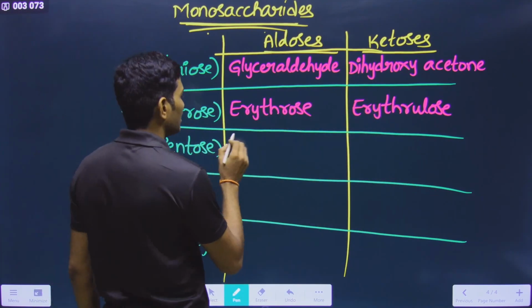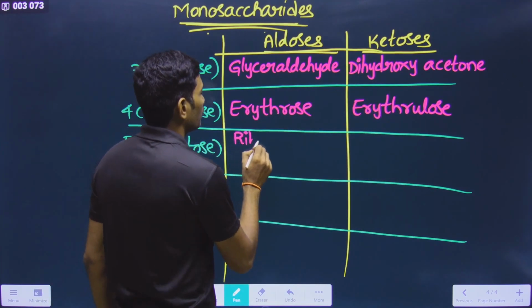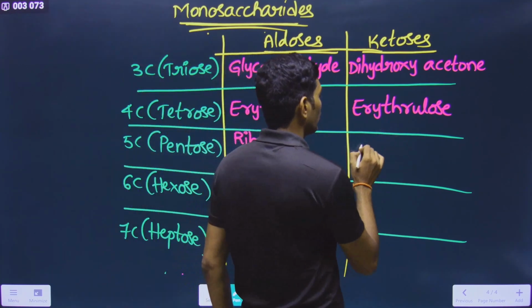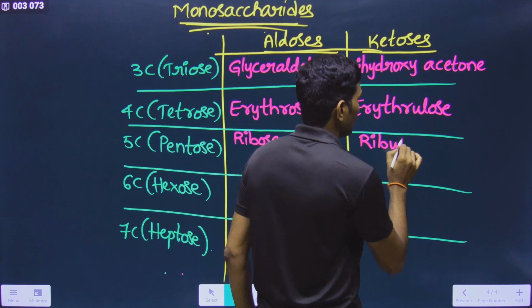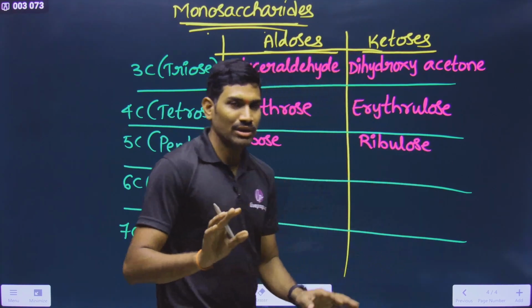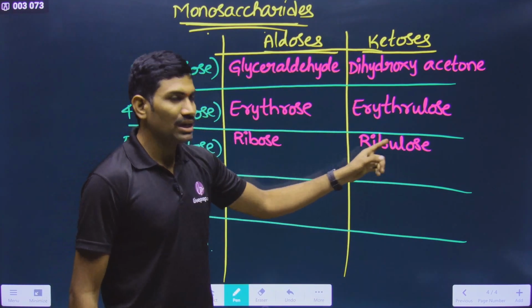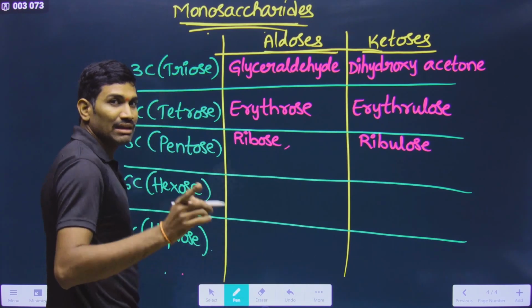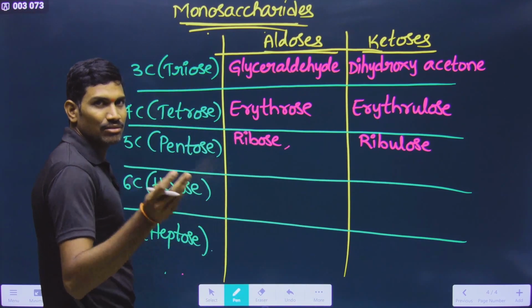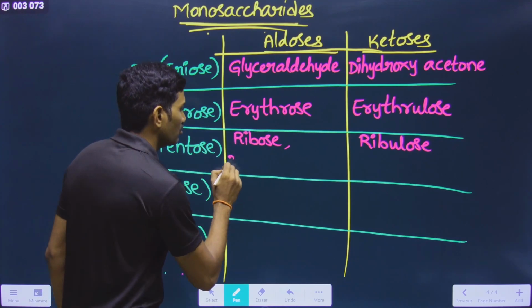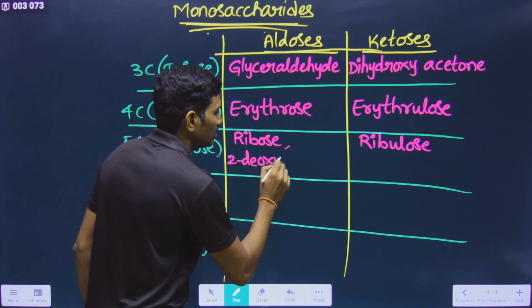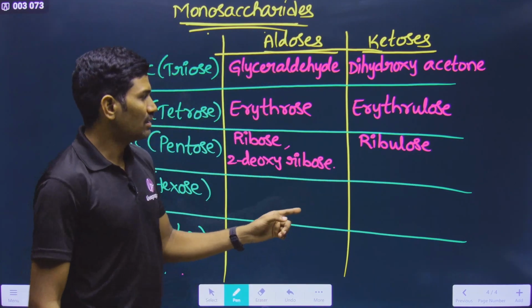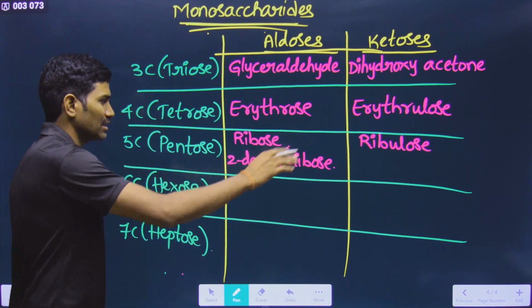Under the 5 carbon containing, we will talk about ribose sugar. Already we studied about the ribose. Corresponding to ribose, here the ketone group will be ribulose. Anyhow you can pronounce this. And here not only ribose. When we studied about DNA nucleotides and all, at that time we studied about 2-deoxyribose. This is also one important example. Okay, and these are the examples. Don't worry about this corresponding one.